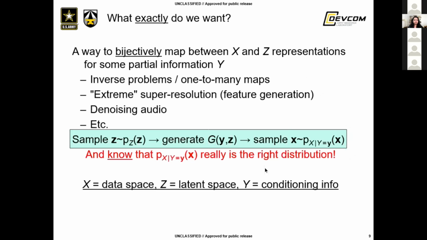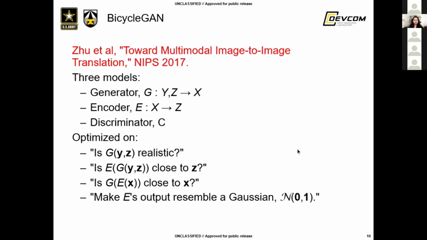And at the end of this, we want to be able to know that this distribution is the correct distribution, and we can trust it when we're making our decisions in the real world. So the starting point that we used was that same paper that I showed an image from before, Bicycle GAN. Basically, as I said, they combined the different models from variational autoencoders and generative adversarial networks. There's a generator that takes conditional information Y, a latent space vector Z, and uses those to generate some data